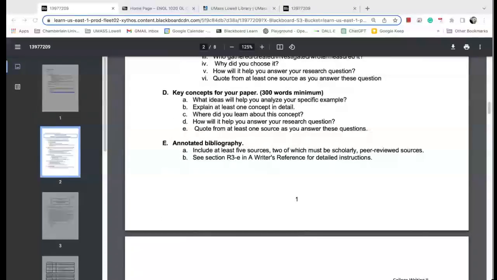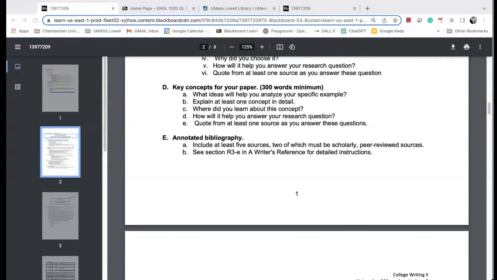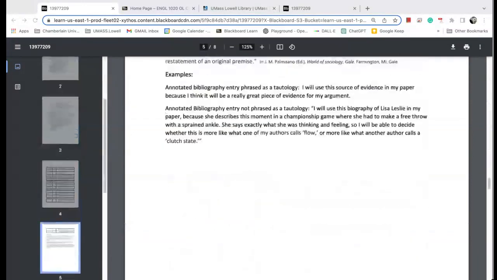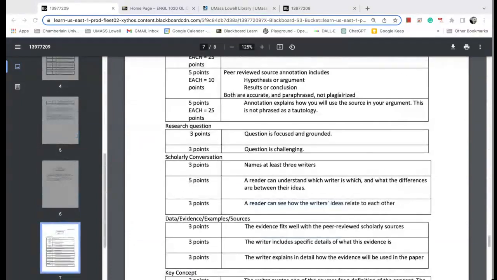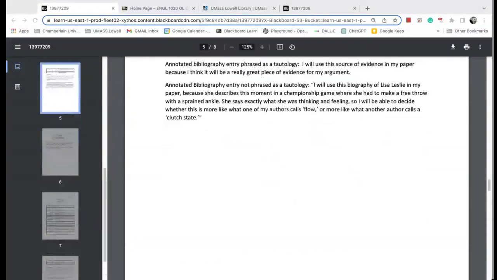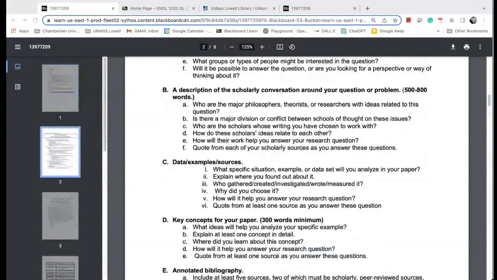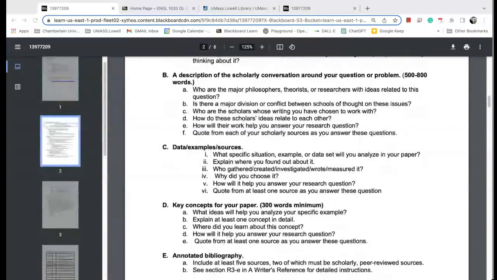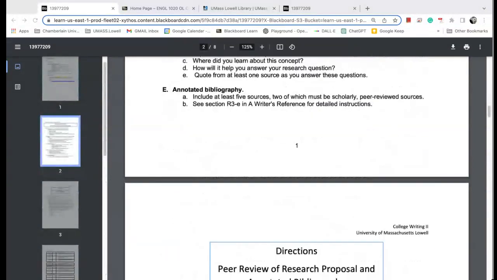All right, the annotated bibliography. This is where it says you need two scholarly peer-reviewed sources. It wants you to look in the writer's reference. I actually have those. I'm going to post those sections. I've also made up some annotated bibliographies, because we do these quite a bit. Hold on a sec. Let me